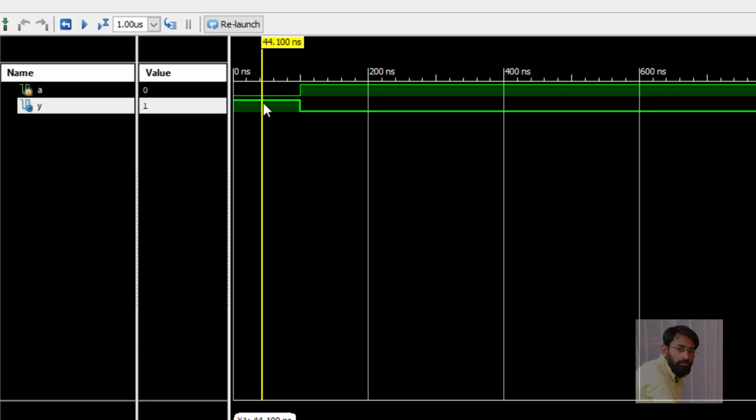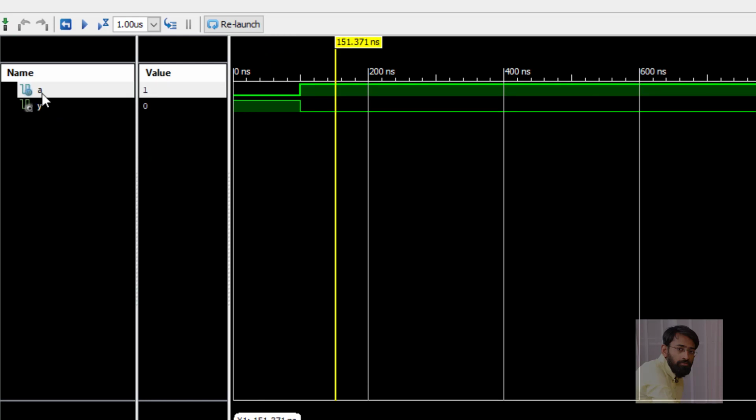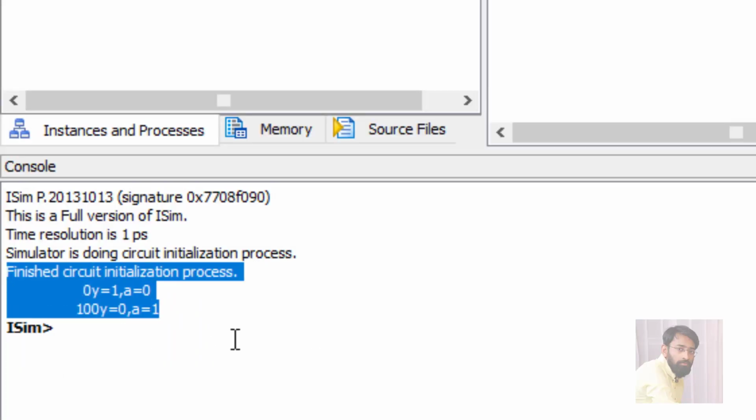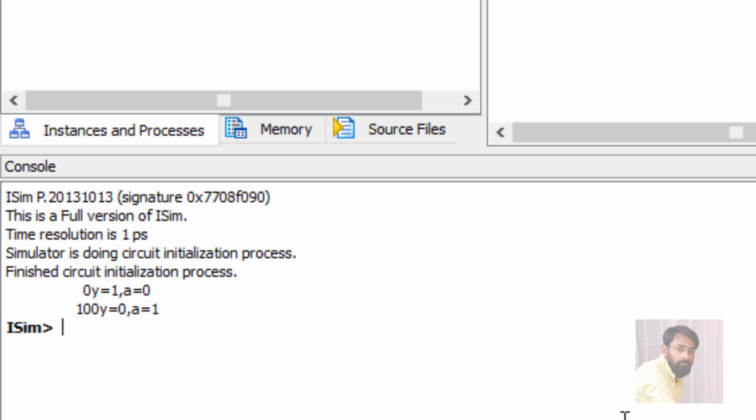You can observe here, when input a is equal to 0, output y is equal to 1. So complement, correct. Next, when a is equal to 1, output y is equal to 0. Working fine. The same result you can view in text form in this console window, where 0 and 100 indicate simulation time.